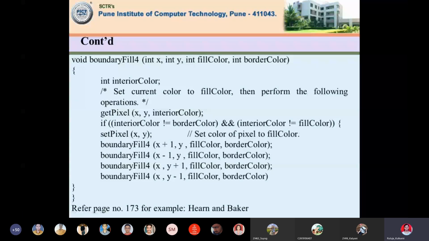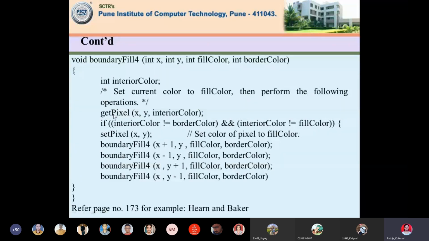In our example for the triangle, tell me. White. It's a white color. So getpixel is a method, again a built-in method. Setpixel, getpixel, these are the built-in methods. It gets the current color, and in our case it's white.